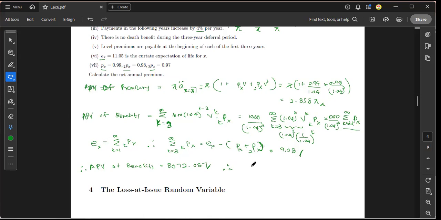So from the equivalence principle, we get 2858 pi is equal to 8072.087. Therefore, pi is equal to 8072.7 divided by 58, which is equal to 2824.4. So now you can see this was a special case where